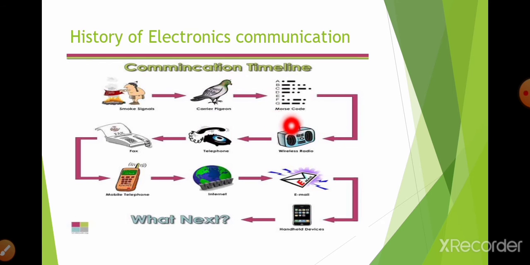Then Morse codes were used. Then you have the wireless radio, then landline telephone, then fax, then mobile telephone, nowadays internet, then nowadays you are using email. Next you have a handheld device, and what